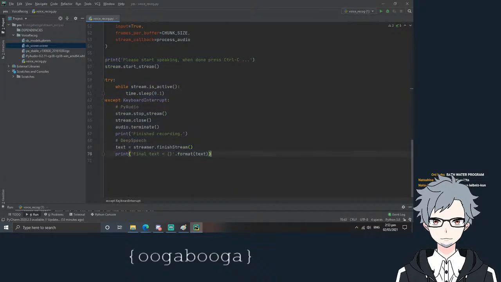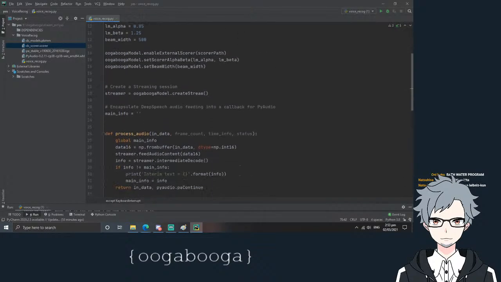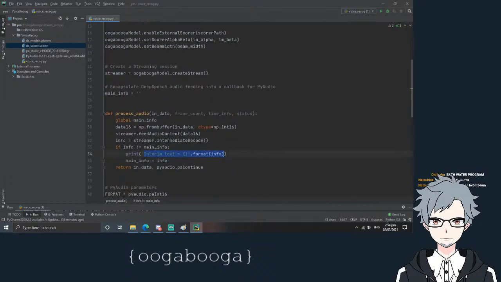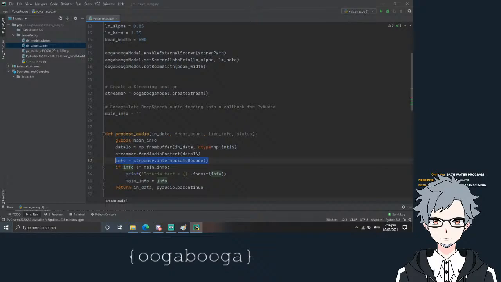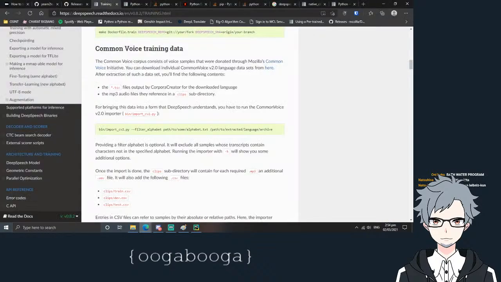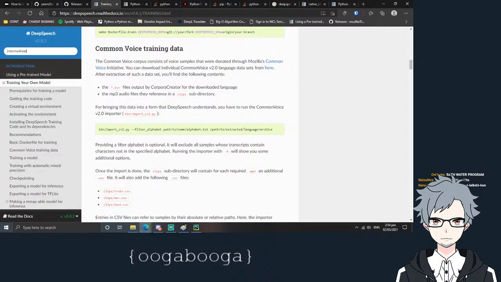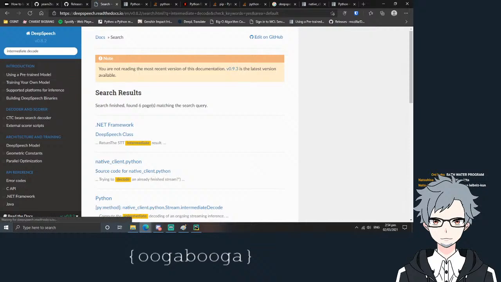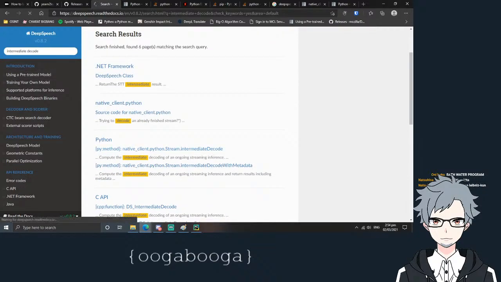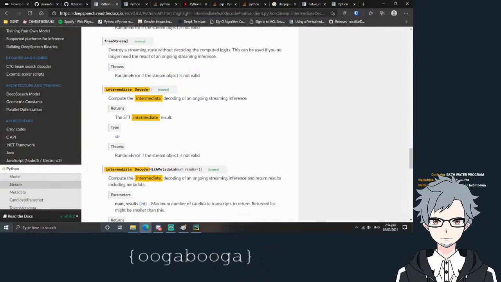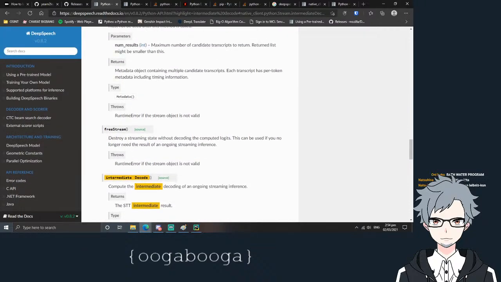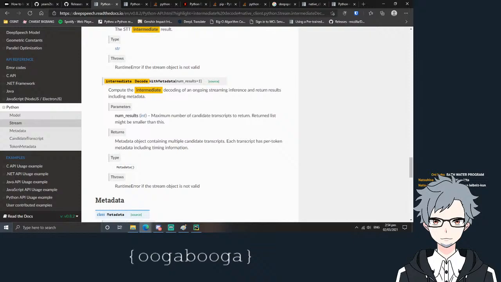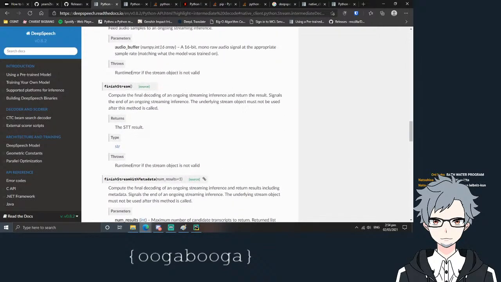Well, we know it works because it is constantly streaming. Of course, for every print of interim text, we're going to format info. Intermediate decode. Are there other stuff in it? Intermediate decode, finish stream with